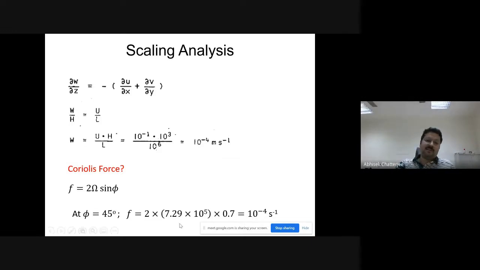Okay, and that estimation, I'm not going into that now. You can estimate using temperature salinity change over time and all this. Okay, so that's how the W is. W is very small compared to U and V. And then we can easily calculate Coriolis parameter F using the latitude of a particular position. Phi is the latitude. So at 45 degrees north or south, your F will be around 10 to the power minus 4 per second. Okay. Unit is per second because it is a frequency.